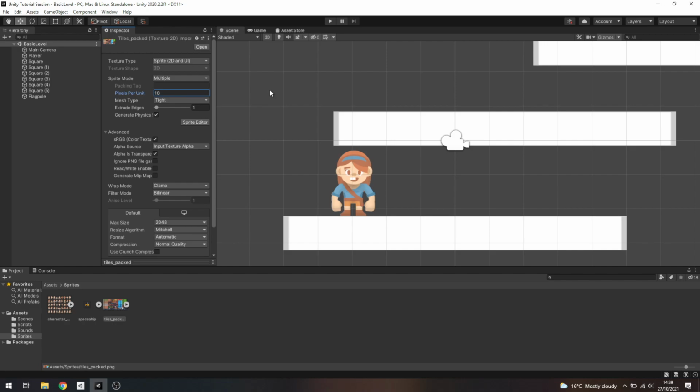Probably most tile sets you either draw or download will have them in some kind of power of 2. So it'll either be like 8, 16, 32, 64. This one's a bit weird, it's 18. But we can work around that. So this will mean 18 pixels on the sprite sheet will correspond to 1 Unity